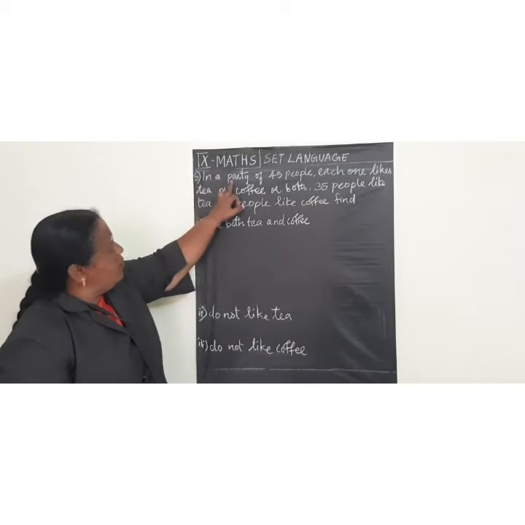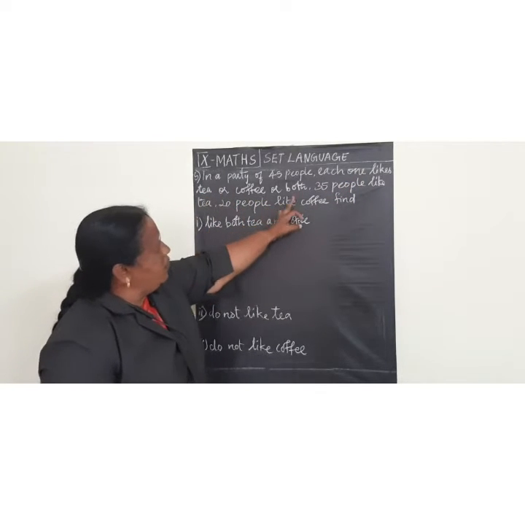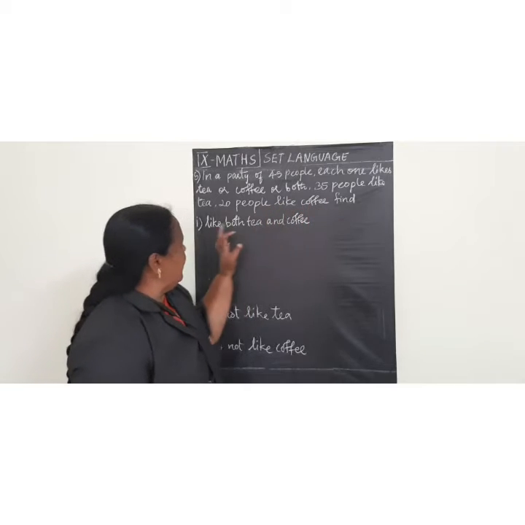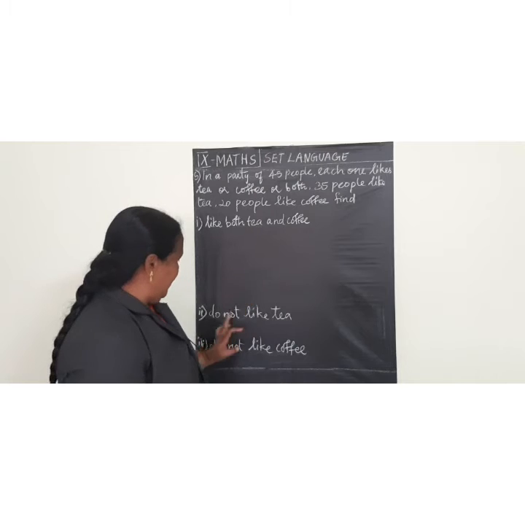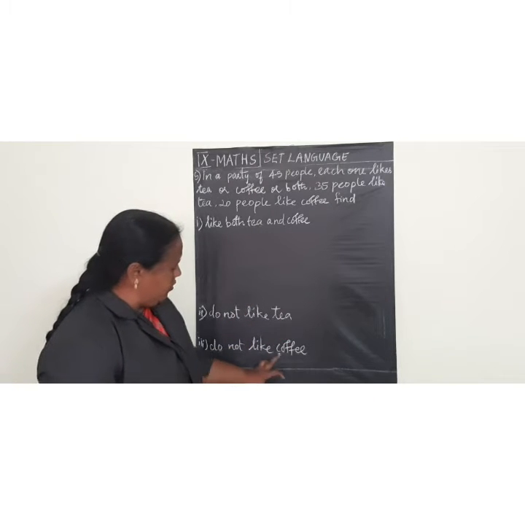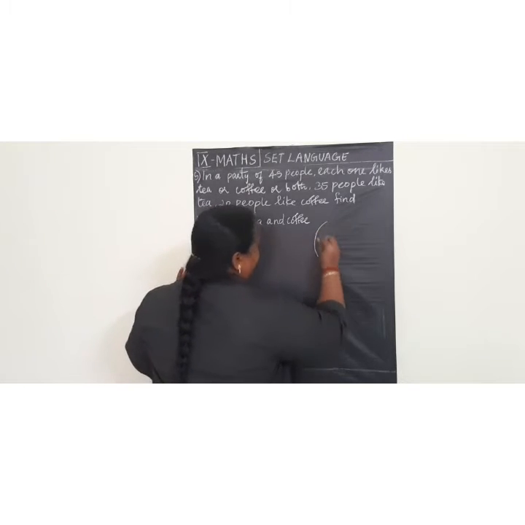Next question is, in a party of 45 people, each one likes tea or coffee or both. 35 people like tea, 20 people like coffee. Find the number of people who like both tea and coffee, the number of people who do not like tea, and the number of people who do not like coffee. So by the Venn diagram,